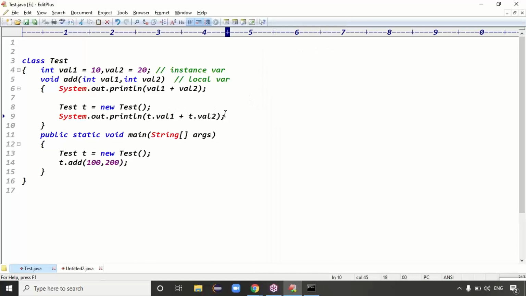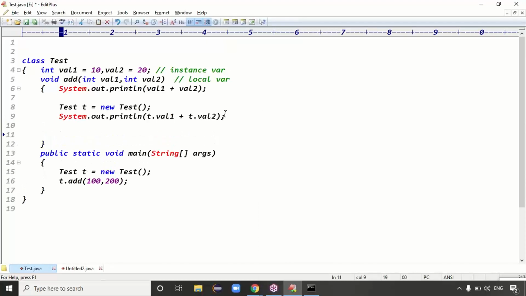Exactly, guys. If both contain the same name, then to represent the instance data, we are using which keyword? We are using object creation, right? But the small point here is, instead of creating this object every time, Test is the current class object. Instead of creating an object, we can represent the current class object in Java using one keyword, the this keyword. So this.val1, next this.val2, right?